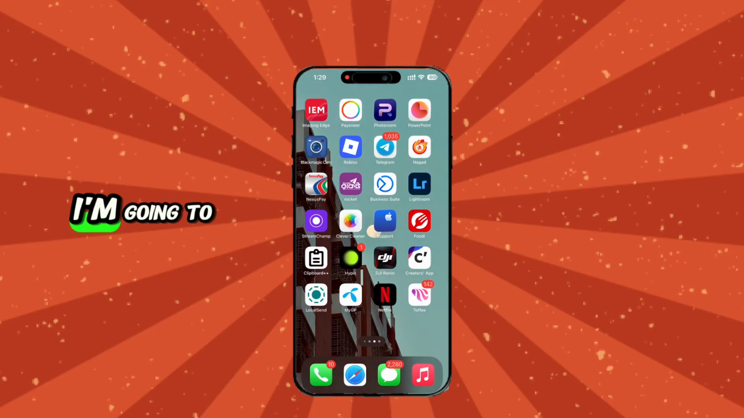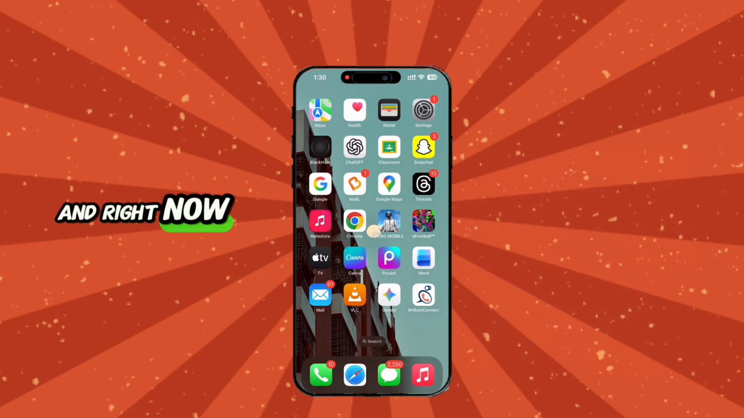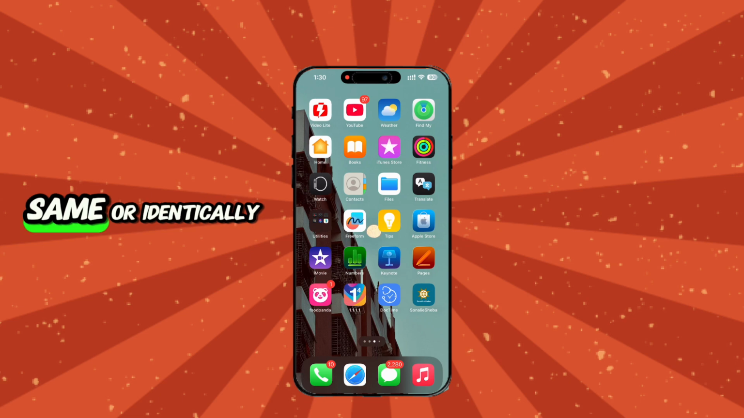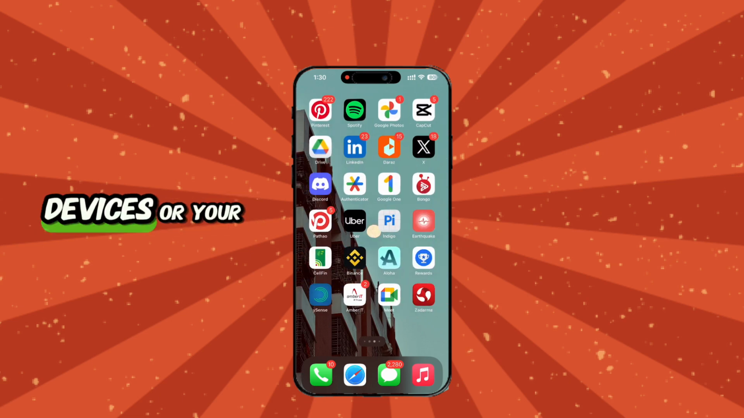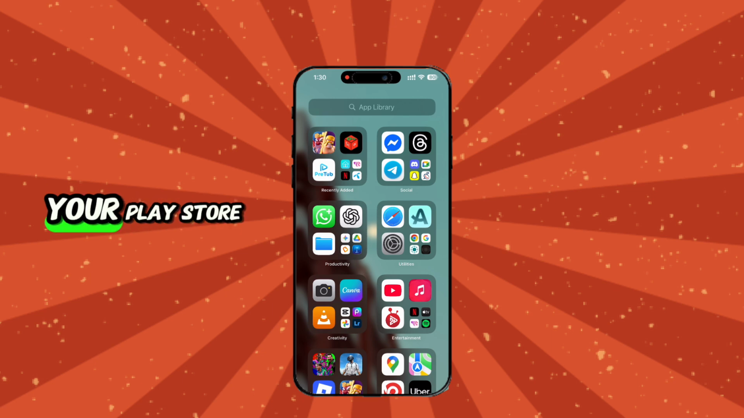In today's video, I'm going to show you how to download Minecraft for free on Android. Right now, I'm currently using my iOS, but this process is technically identical on Android devices or your Samsung devices. First thing you want to do right now is go to your Play Store or App